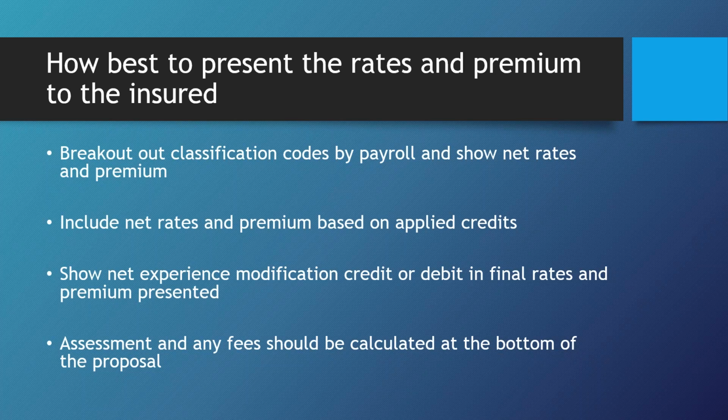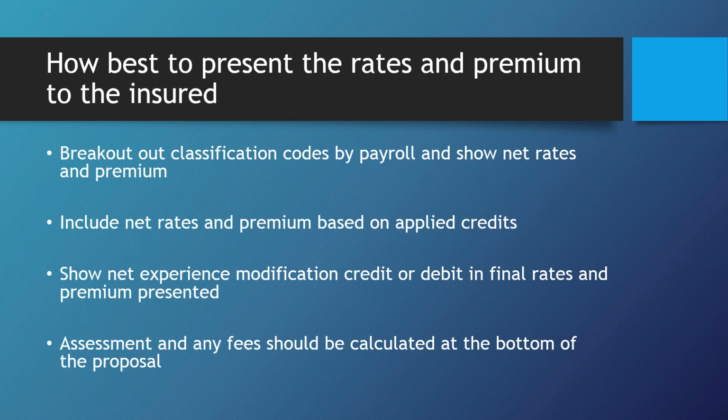Like Anay said, there could be an experience modification credit or a debit. There might even be an industry credit. They might be part of an apartment association or a restaurant association that might be partnered with one of the carriers, and you might be able to get a credit that way, as well as having the IIPP in place and things like that to show on there. Show that by a percentage amount. If they give you a 10%, 15% credit, show each of those credits and how much that credit amount is, to show how you reached that